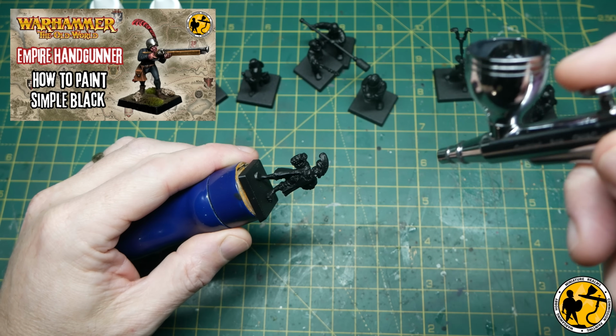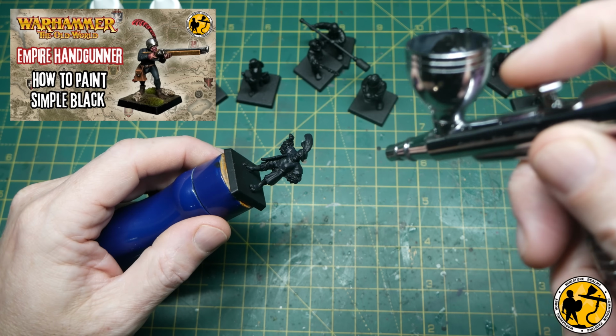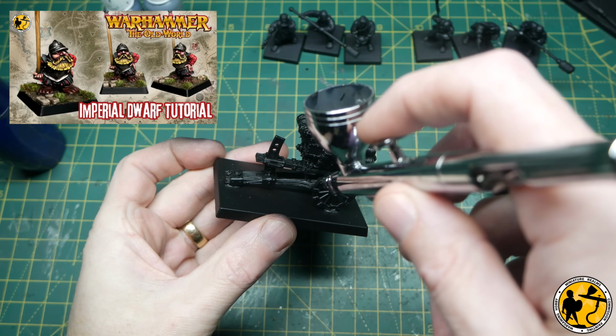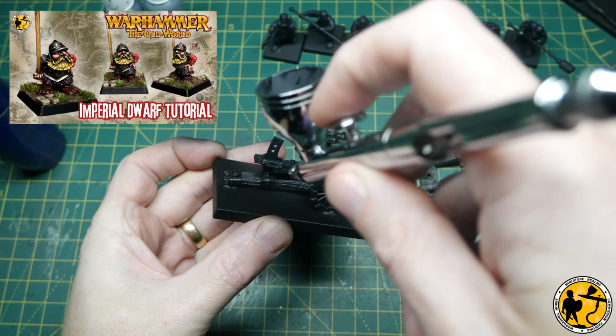And it's time to start painting the crew. Now I'm using Death Reaper and Dungeon Stone from the Tooth and Coats range. However, I've used this paint scheme in my recent Empire Handgunner tutorial, and then also the same scheme in my recent Imperial Dwarf tutorial. So I'm going to cheat a little bit here and not repeat those same processes, because